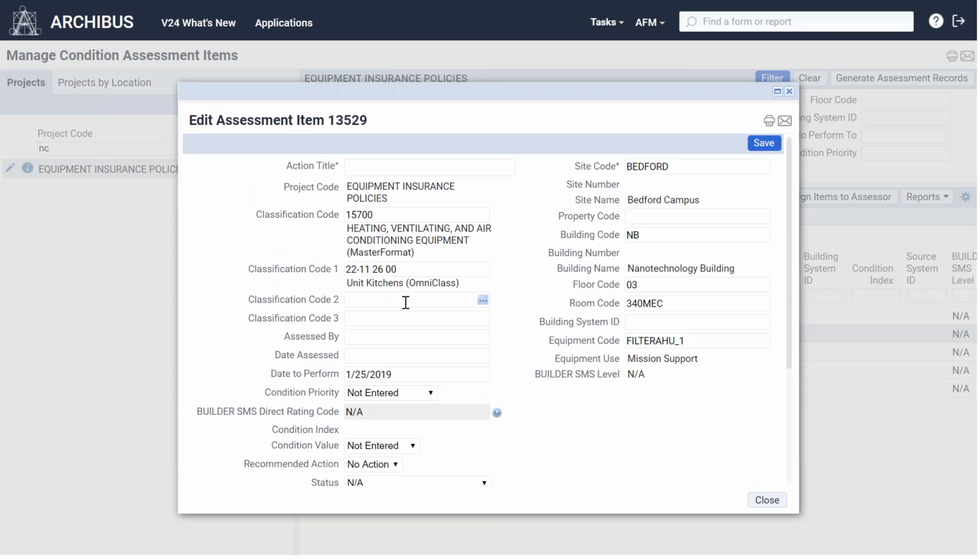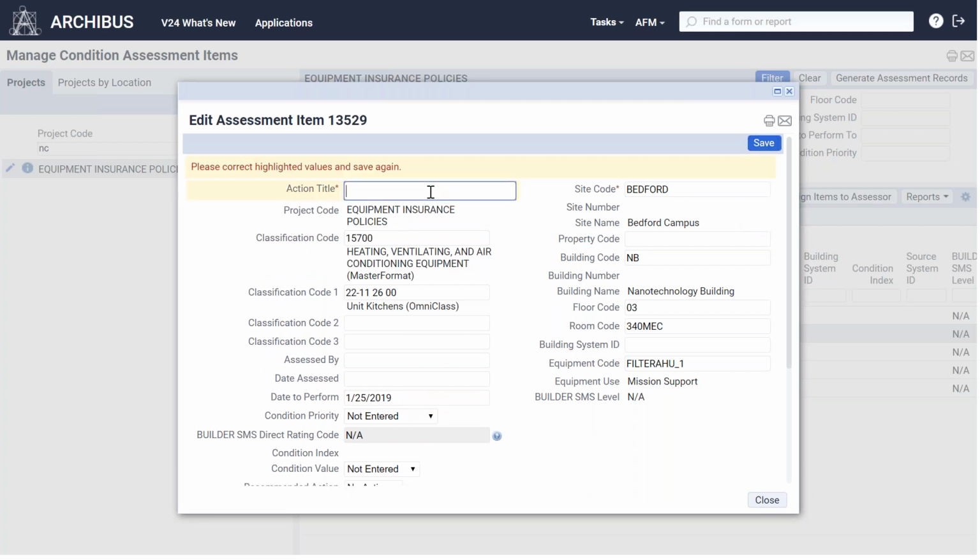So you'll have the ability to capture all that detail, as well as a quick action. So we'll go ahead and say,